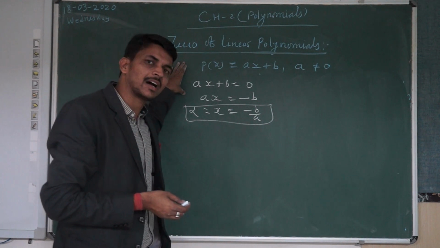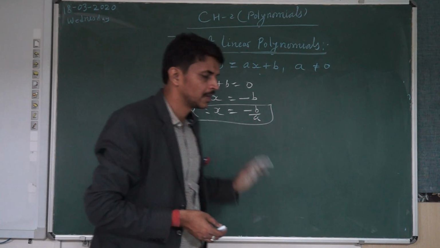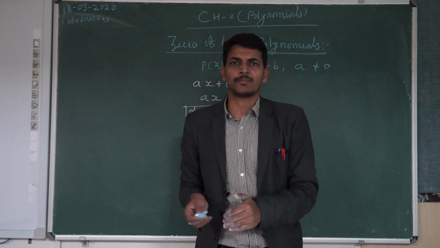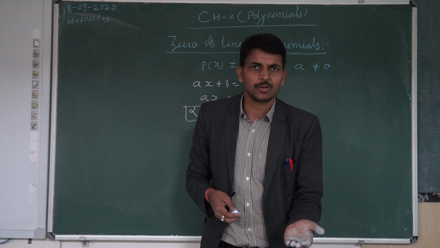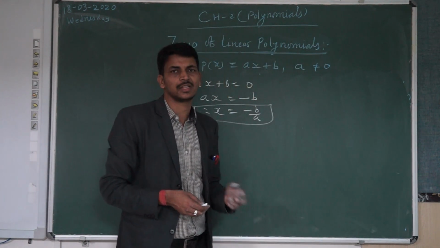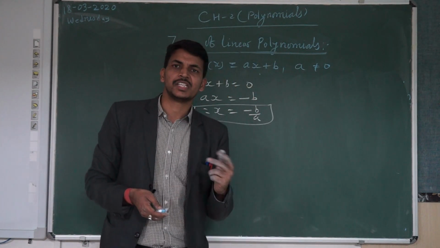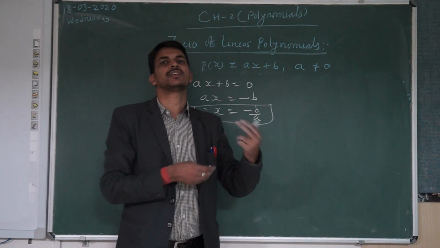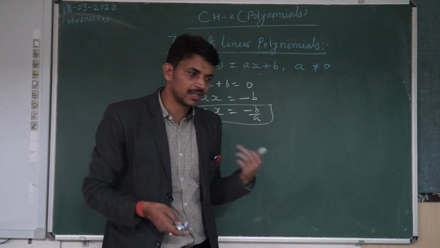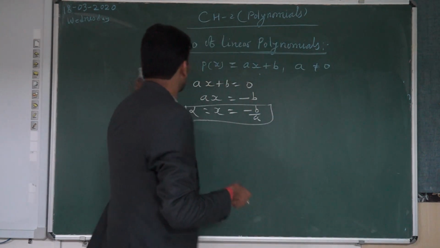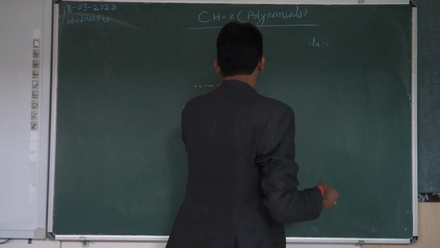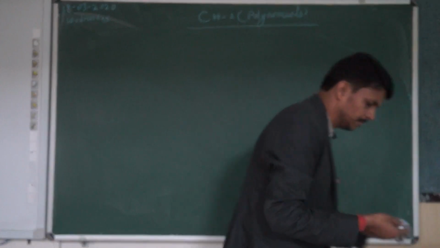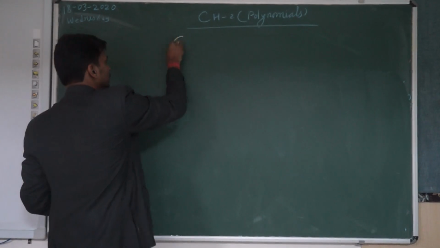Now we'll talk about the graph of a quadratic polynomial. The main syllabus will start from here. Graph of quadratic polynomial and zeros of quadratic polynomial, and one more topic we have to discuss, everyone: relationship between zeros and coefficients of the given polynomial. Let us start with that. To start with the graph of a quadratic polynomial,